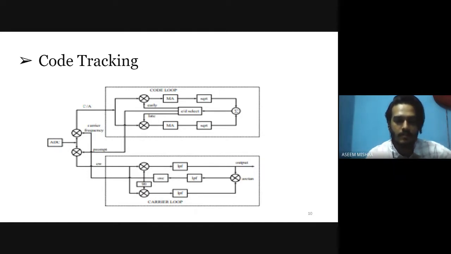Once a signal is acquired, the signal must be tracked in order to obtain the navigation data. The tracking program uses two parameters obtained from the acquisition process: the beginning of the CA code period and the carrier frequency of the input signal to start the process. Two loops are needed to track one GPS signal. One loop is often referred to as the code loop, which tracks the CA code. The other one is the phase locked loop, which tracks the carrier frequency of the down converted input signal. These two loops must be coupled together as shown in this figure.